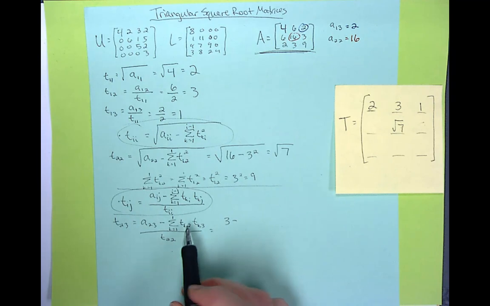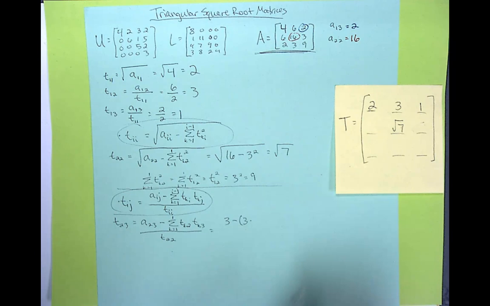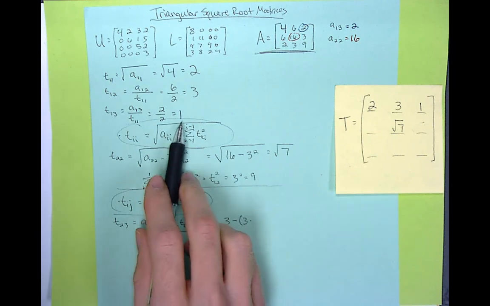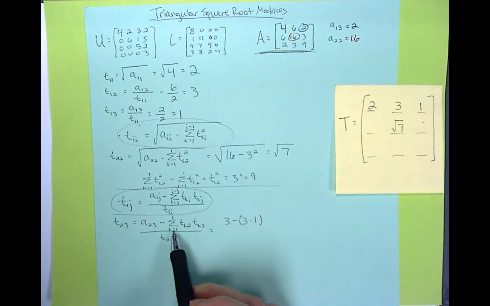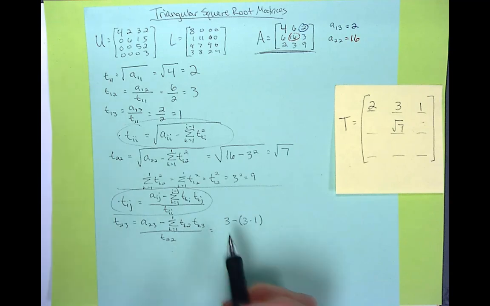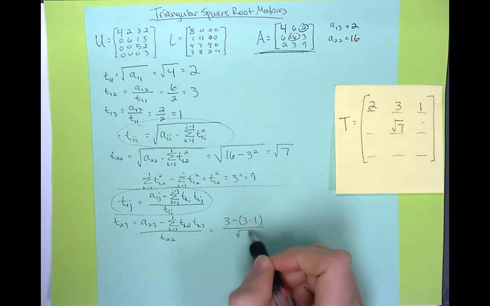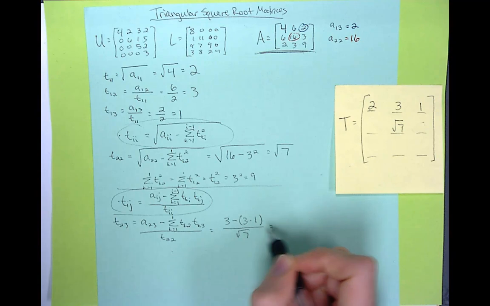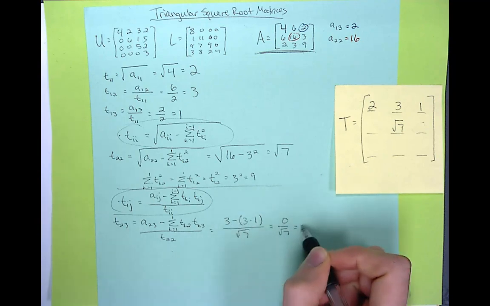So T 1,2 we found up here to be 3 times T sub 1,3, which we found up here to be 1. And since k goes from 1 to 1, there's really no summation that we need to do. It's just as simple as that. Divided by T sub 2,2, which we found to be square root of 7. So 3 minus 3 times 1 is 0 over square root of 7, so this value is going to equal